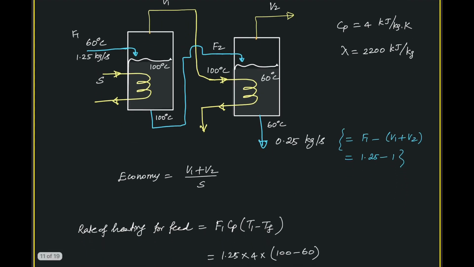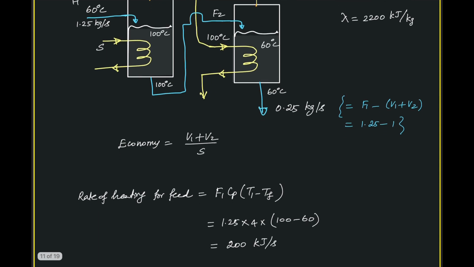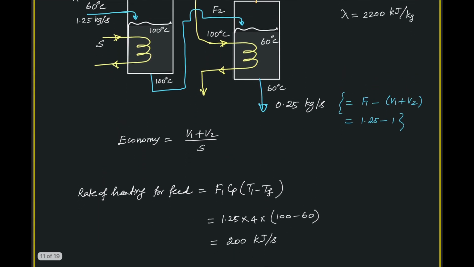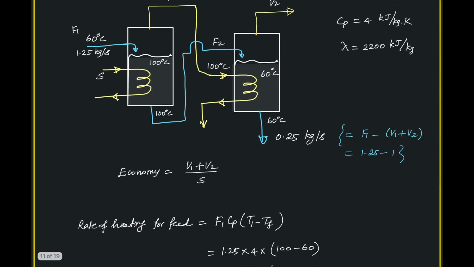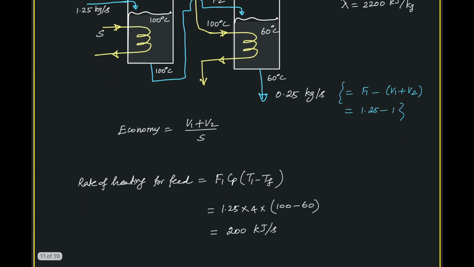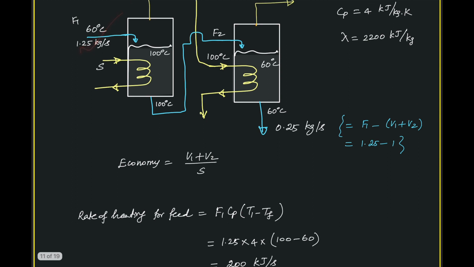Now these data are needed, that's why we are doing that. We can write the mass balance and energy balance. Of course, the mass balance doesn't have any role to play, as we have already written one such thing. And of course, we can write the energy balance. What is the energy required for heating the feed contents to the boiling point of the solution, which is flow rate